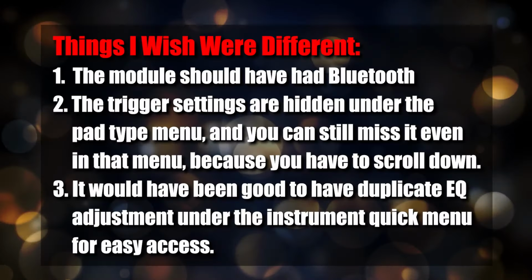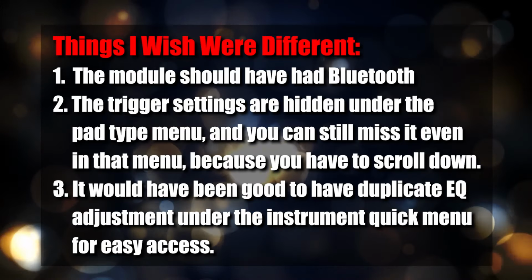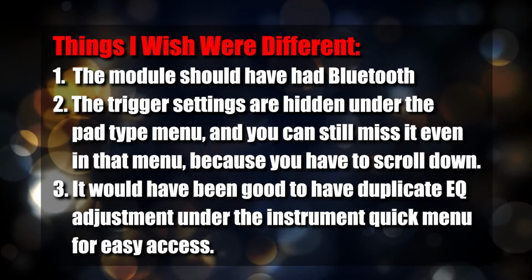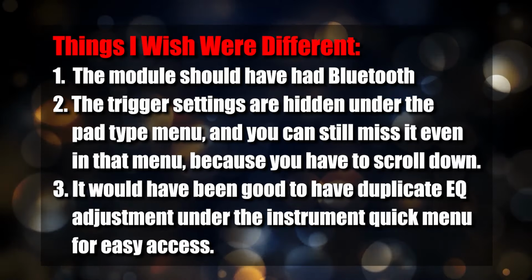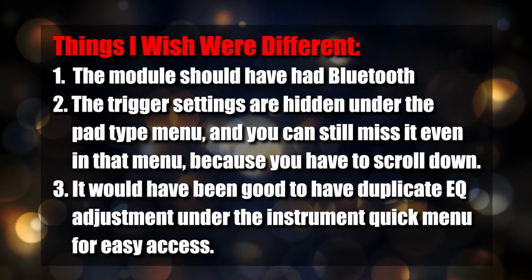Again, the only things I don't like about it is the fact that it doesn't have Bluetooth to connect to a cell phone, and the fact that some of the menus could be slightly tweaked, in my opinion. But as far as overall polish and overall power of what the module is actually capable of, there's not many rough edges here. They put a lot of effort, a lot of time went into this module, and I think they have a